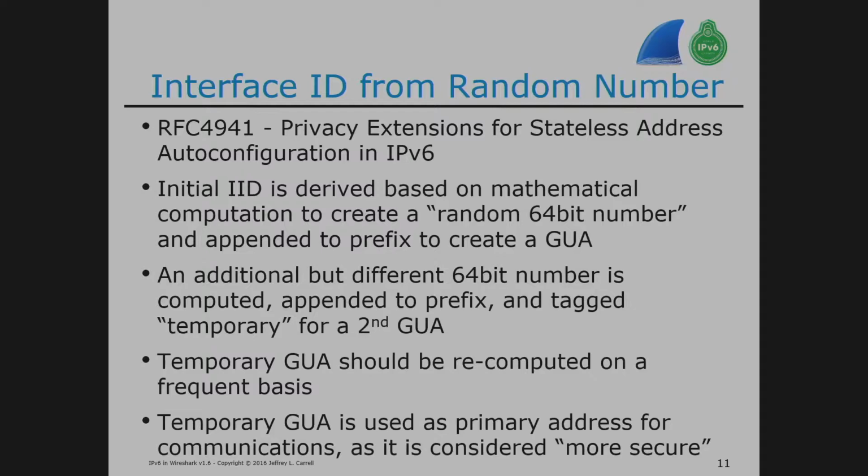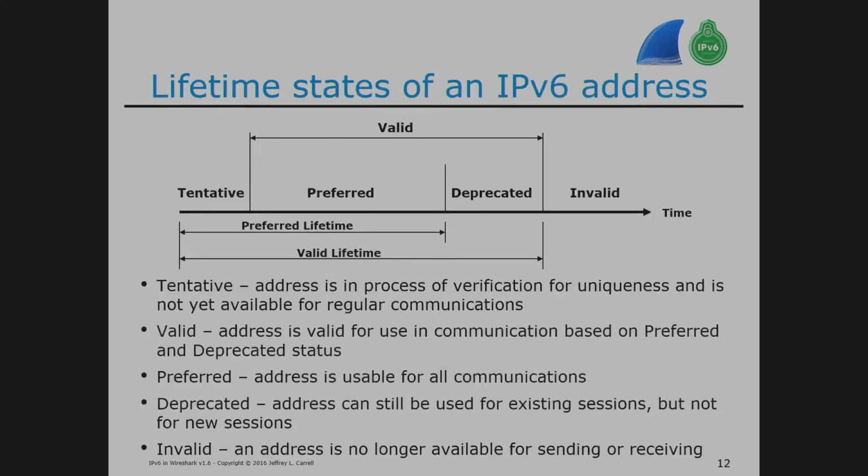And part of that is related to timers, address timers. In the V4 world, we only have one kind of timer on a V4 address, a lifetime timer. If you statically assign, it's infinite. If it's DHCP assigned, it's assigned a lifetime by the DHCP scope, or within the scope. That lifetime could be minutes, hours, days, weeks, months, years, okay?